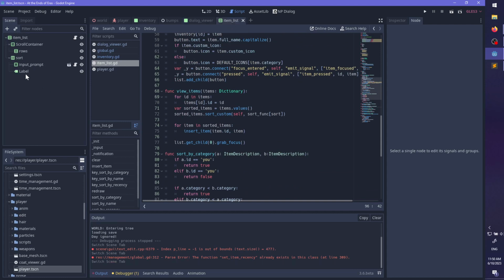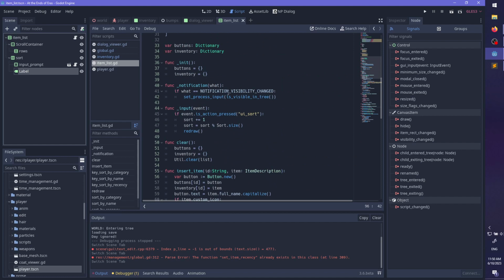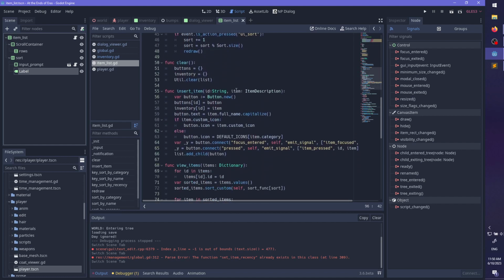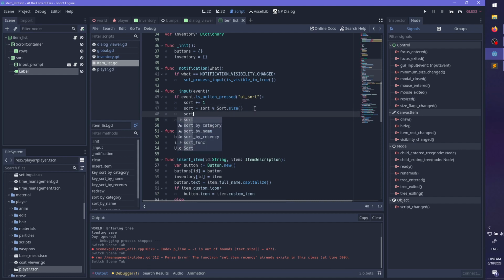Also for this item list, let's do like sort label. Sort label dot text, sort dot keys sort. Wait, no, it equals